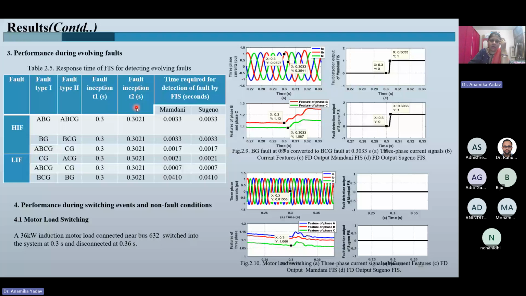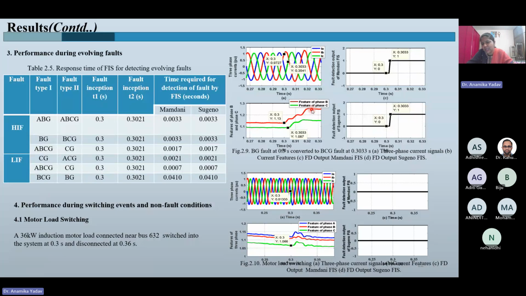Then comes another case, that is an evolving fault. What is an evolving fault? An evolving fault starts with the initiation of one type of fault at any instant and converting it to another type of fault. It usually happens when one of the conductors falls on the ground, and due to the overall weight of that conductor, it finally causes the other conductor in the tower to also come down to the ground. It may also happen due to a tree branch touching the